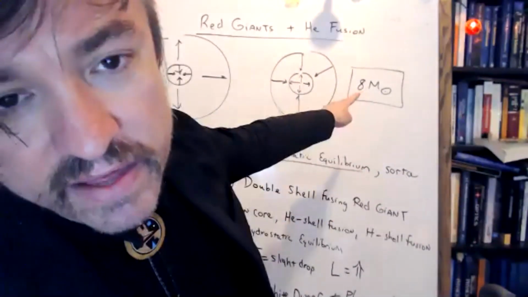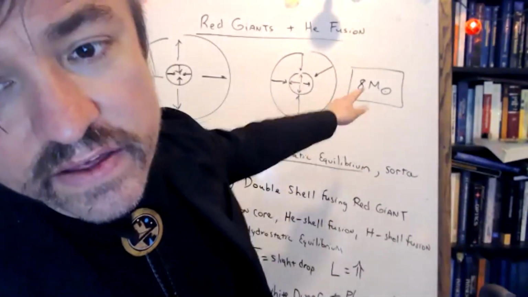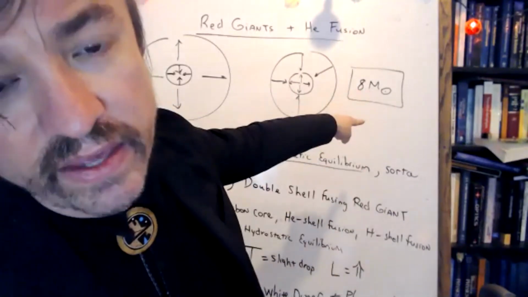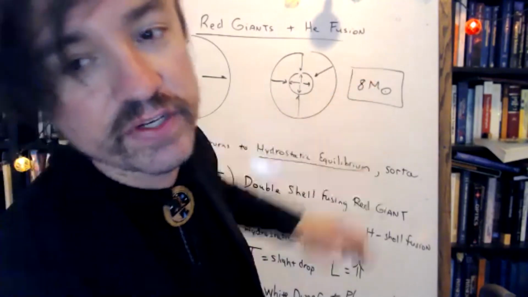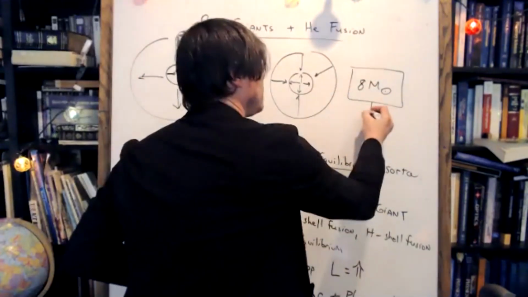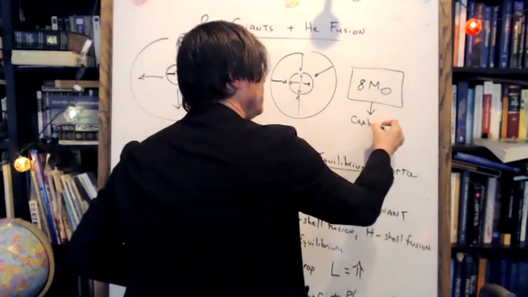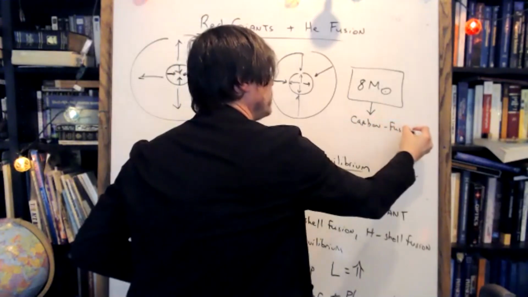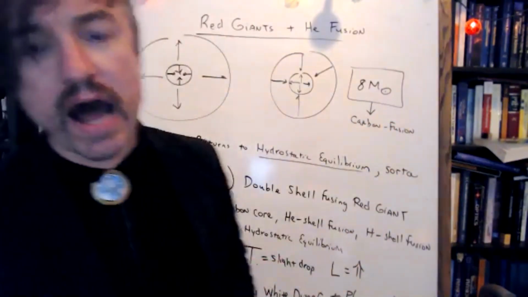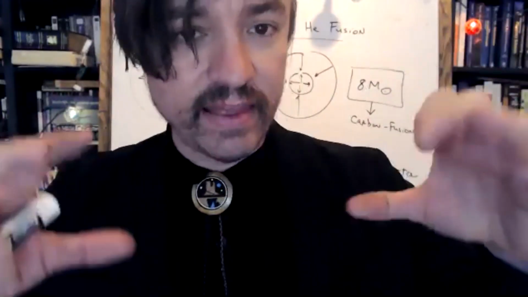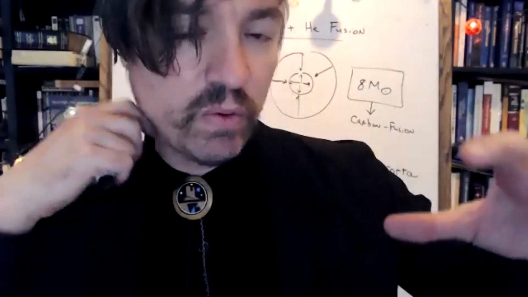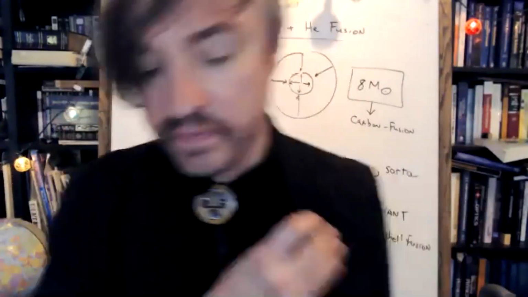Remember the cutoff for high mass stars? At 8 solar masses, that will get you to 600 million Kelvin for carbon fusion. So at 8 solar masses, this is what makes a high mass star. Then you can do carbon fusion. You'll understand more when I contrast the high mass stars. Today, I just focused on the low mass stars because I had limited time. Next time, we'll work on the high mass stars too. Okay. But, Vladimir,